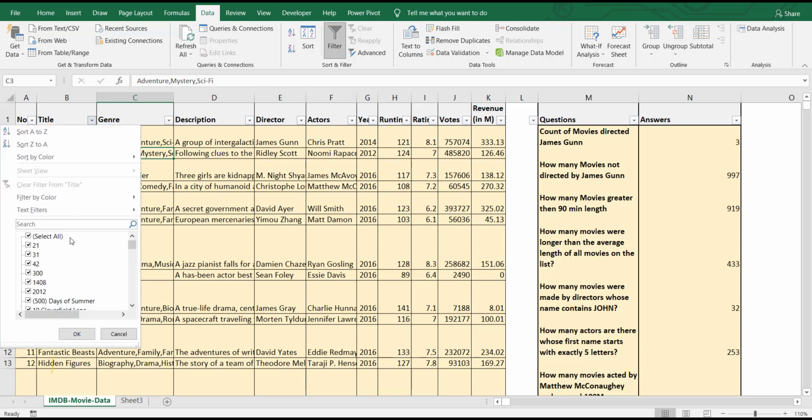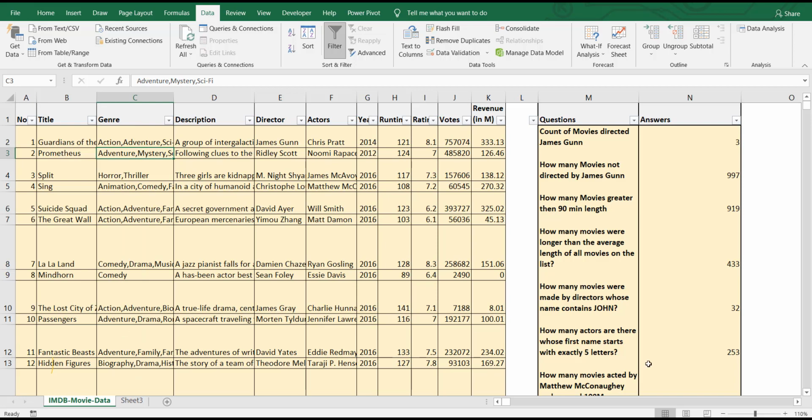If you open here, you will see 6 movies, right? Total 1, 2, 3, 4, 5, 6. 6 movies titled only numbers, right? If you observe other titles, they have numbers and text, but we were actually looking for only numbers. Movie title with only numbers. So 6 movies, right?